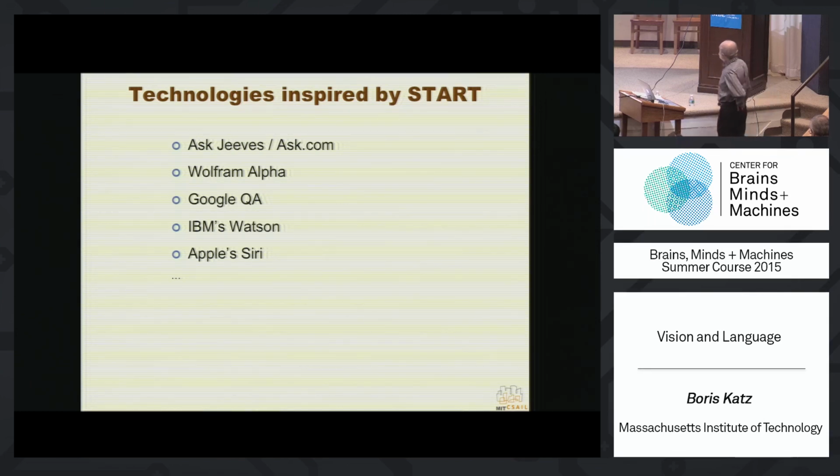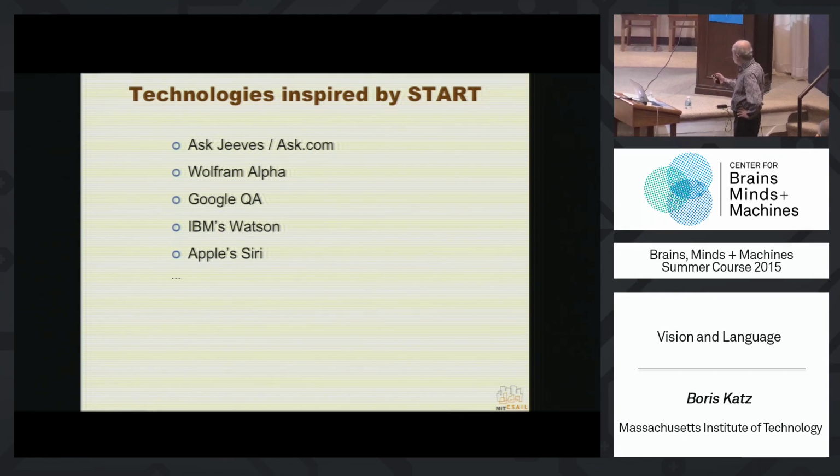The technologies that I described, the object property value data model, our Turner expression representation, complex question answering, the natural language annotation representation, over the years inspired a bunch of companies, a bunch of technologies. So starting with Jeeves, who I guess existed before you guys were even born, to Wolfram Alpha, who pretty much took the idea wholesale, to more recently Google QA started doing really wonderful things using this idea that